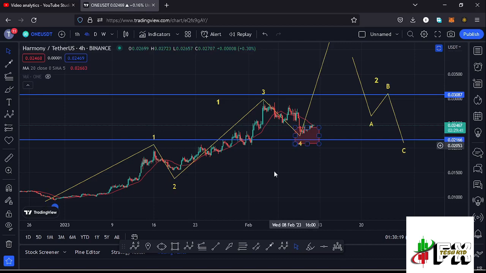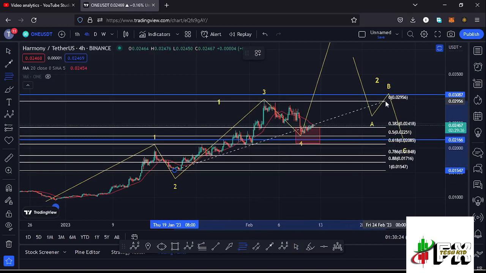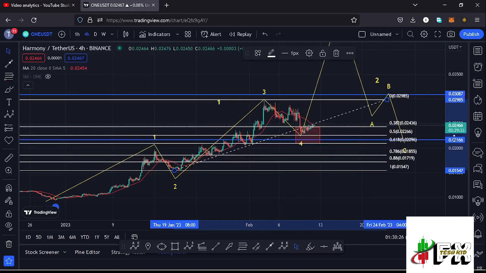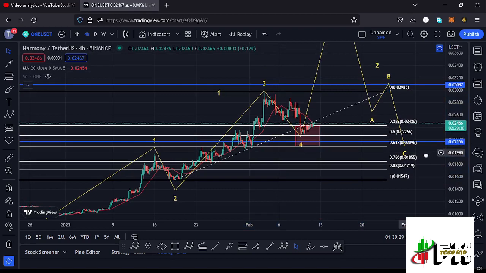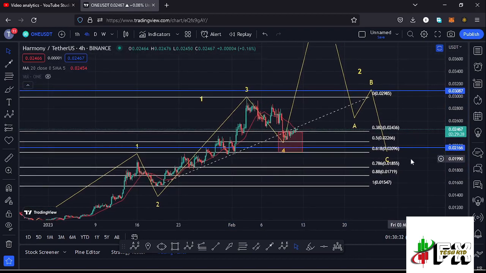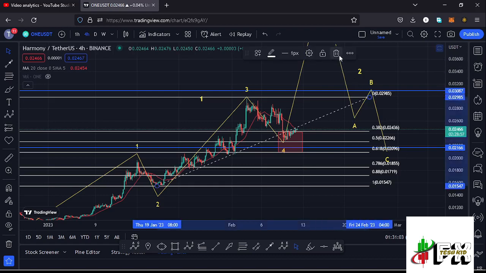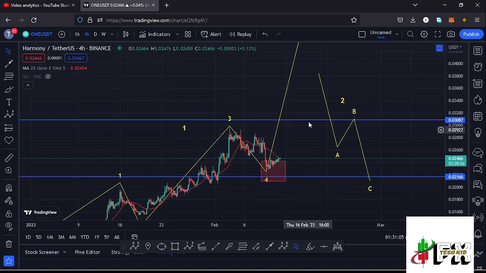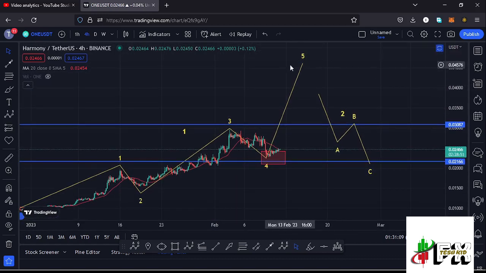After the high for wave 3, what we expected next is a corrective structure in the formation of wave 4. Using the Fibonacci, connecting from the low of the second wave to the high of wave 3, that gave me a minimum target area to the lower side for wave 4 between the fib level 0.382 and the fib level 0.618, which is a target area that we have fully maximized by retracing back to the area between the fib level 0.382 and the fib level 0.5. There are chances that we might have seen the low for this fourth wave, and what we are seeing at the moment could be the start of a bounce to the upside in the formation of wave 5 to fully maximize an even larger Elliot wave count 1 to the upside.